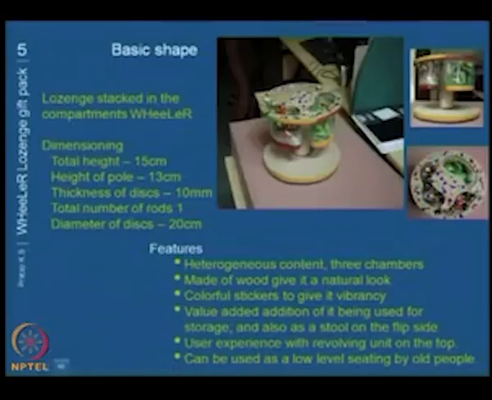Number 5th, another item was a figure whose basic shape is a stool, where the 3 holes are there and it contains a specific package of lozenges, you can take it. It can be used as a sitting place or maybe for storage to keep something on it. So, the lozenge stacked in the compartment, it is called wheeler, because as